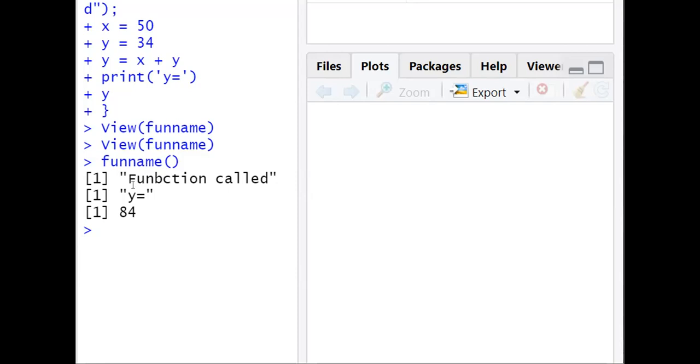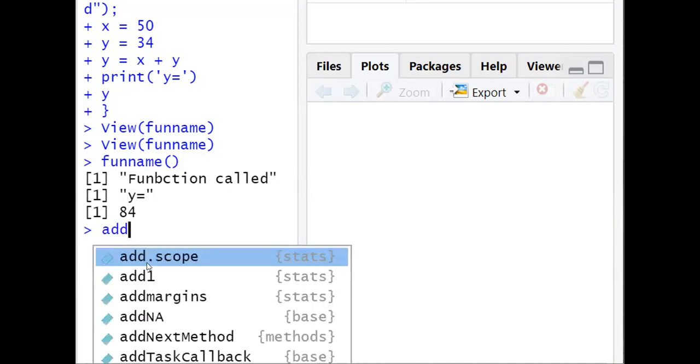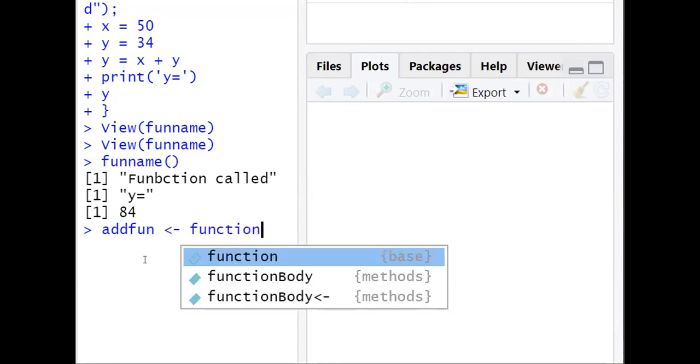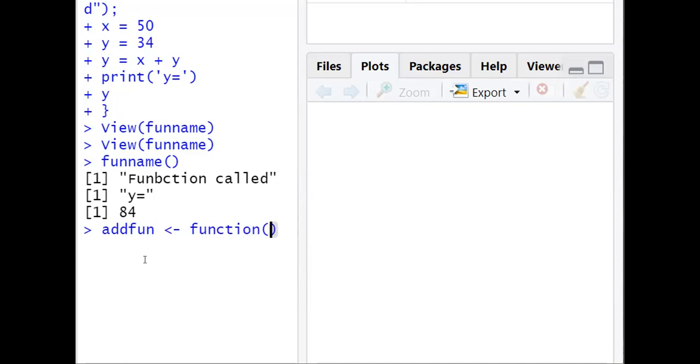Then we can pass the arguments also. So let us write an addition function. Here we need to pass the values. So let us pass two values, a and b, followed by the braces.